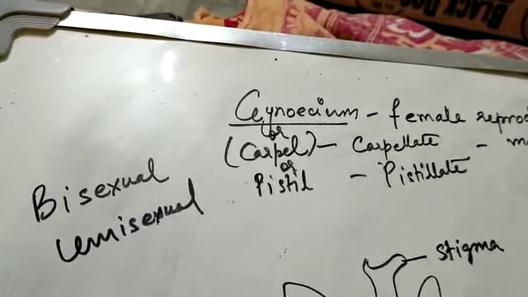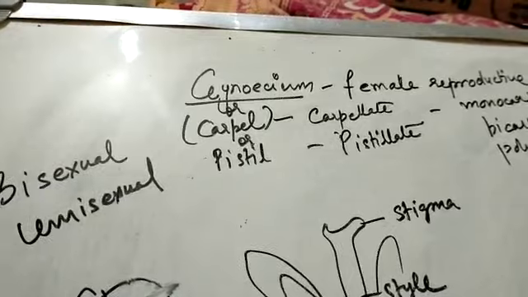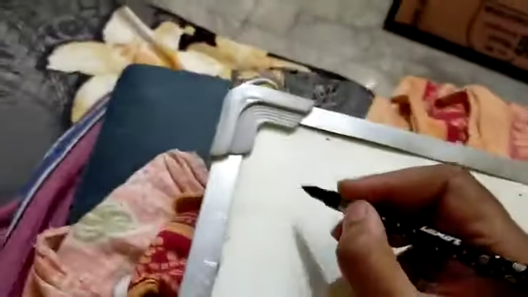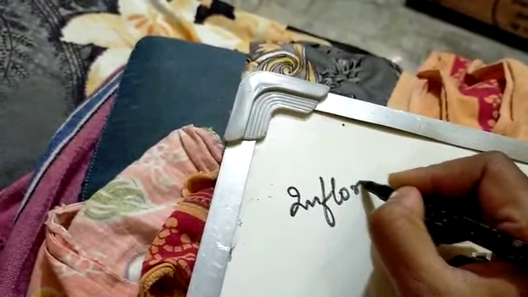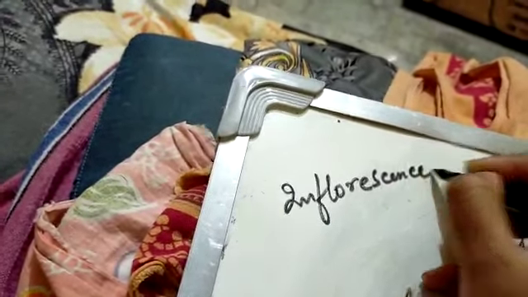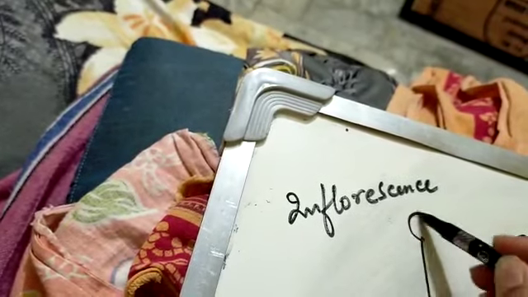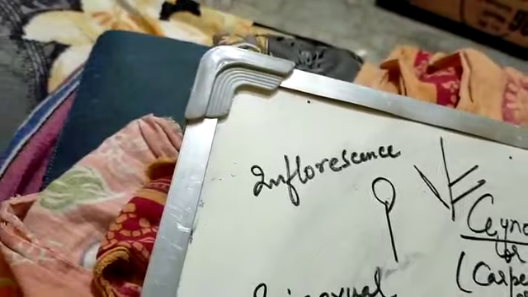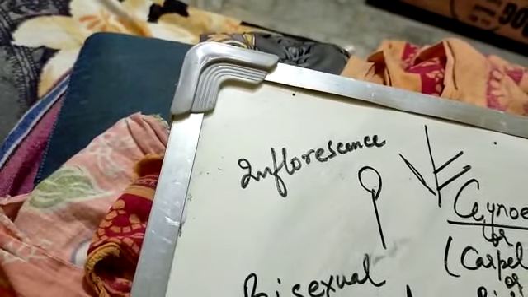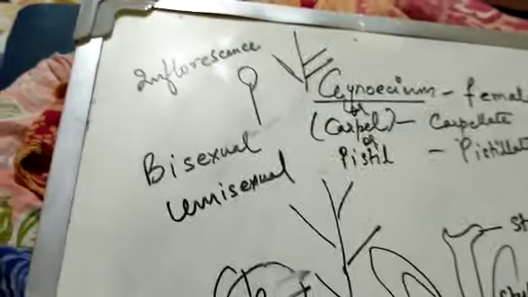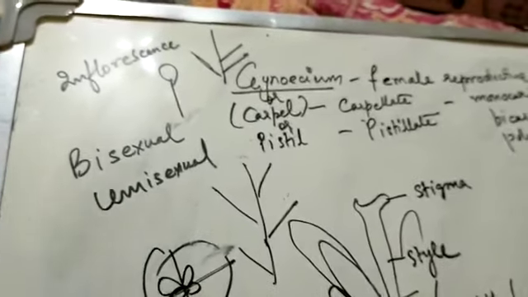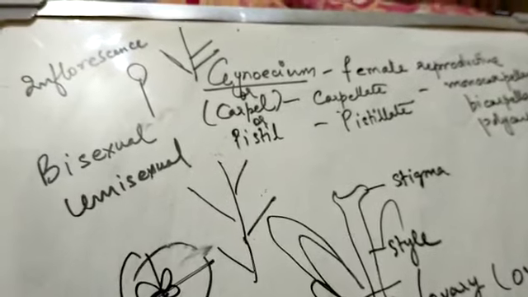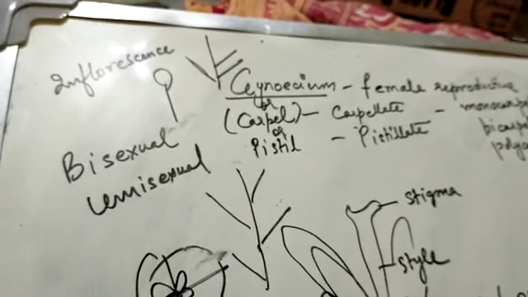Then we have one more part, which is inflorescence. The arrangement of the flower, the term is inflorescence. You might have seen many plants in which the flower may be on top, or the top is empty and the flowers are arising like this, or they are arising alternately like this, right? So this arrangement of flower on the branches is called as inflorescence. What is it called? It is called as inflorescence.